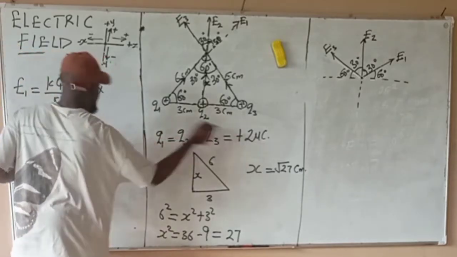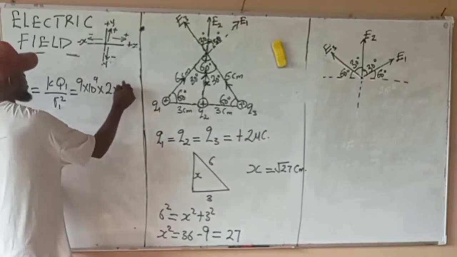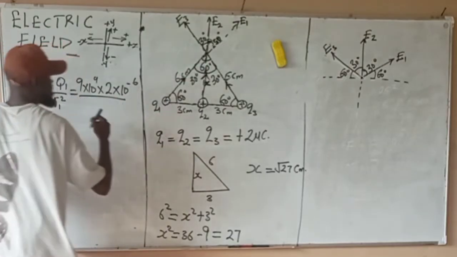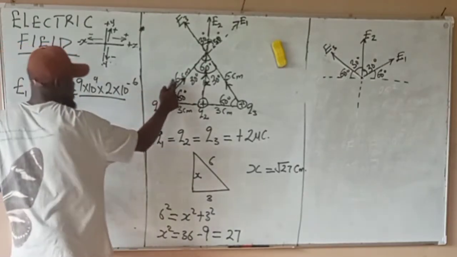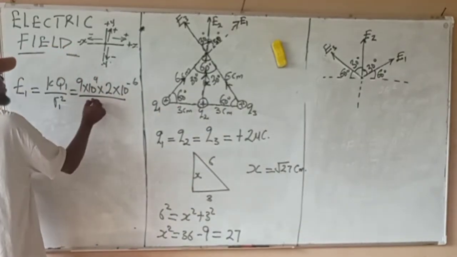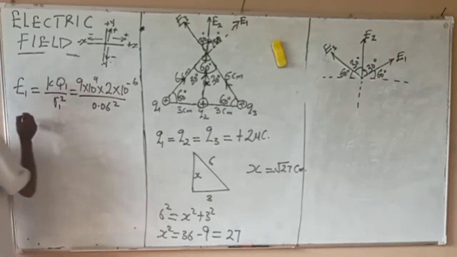All of them equal to 2 microcoulomb, that is 2 times 10 to the power minus 6, divided by, what is the distance between this and this point? 6 cm. Now, how do you convert 6 cm to meter? Divide it by 100. Divide 6 by 100, you will have 0.06 squared. Then